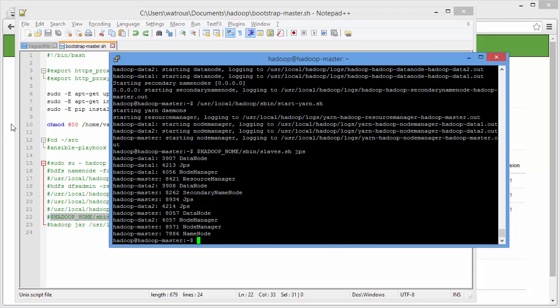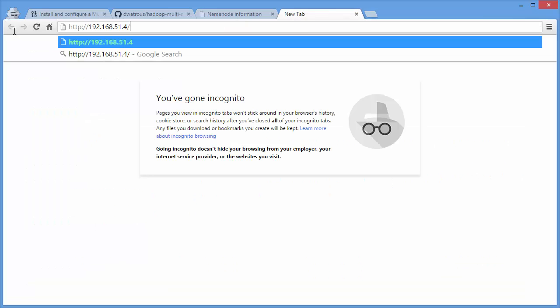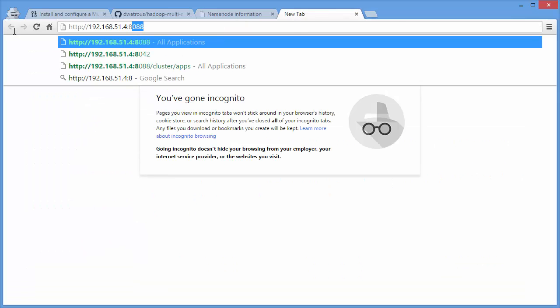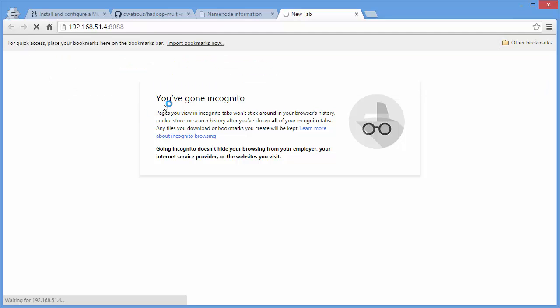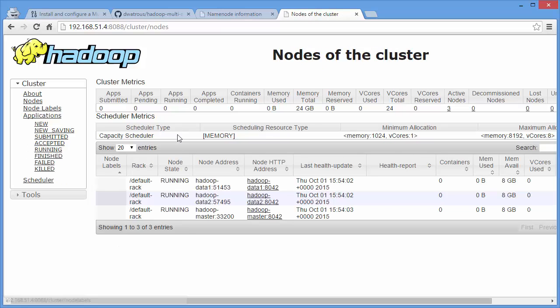And we should be able to come in now and see our nodes. Okay, so if we come in here, we can see that we have 3 running nodes,